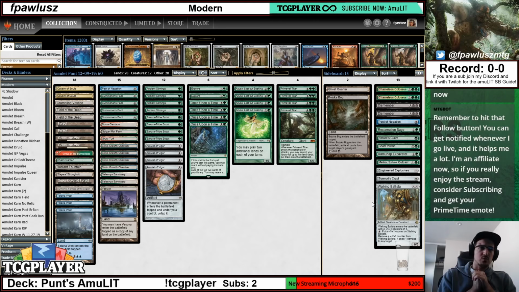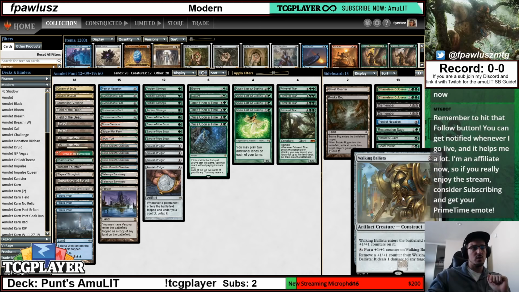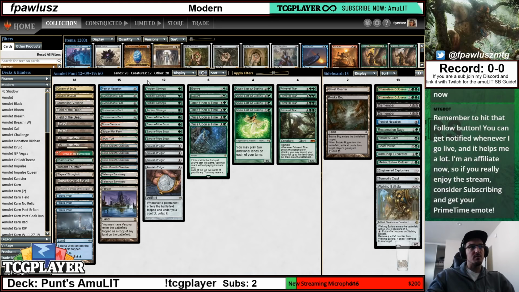I think that the matchups where Ballista shined are basically non-existent. Again, Punt got paired against Infect, so he probably got rewarded by the inclusion of Ballista, but I don't think that Ballista is in a good spot right now when the main threats in the format are